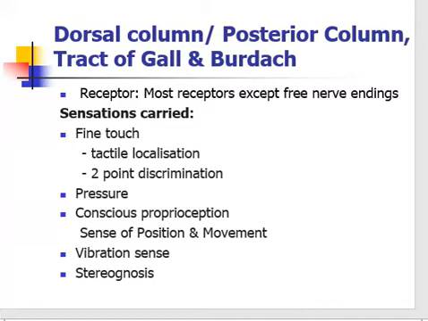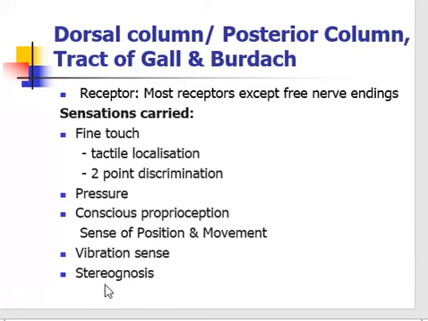First we are going to see the dorsal column or posterior column tract. The dorsal spinocerebellar tract is also called the flanking tract, direct spinocerebellar tract, or posterior spinocerebellar tract. It is situated in the lateral column along the posterolateral periphery of the spinal cord, posterior to the ventral spinocerebellar tract and anterior to the entry of the posterior nerve root. The sensations it carries are fine touch, pressure, conscious proprioception, vibration sense, and stereognosis.